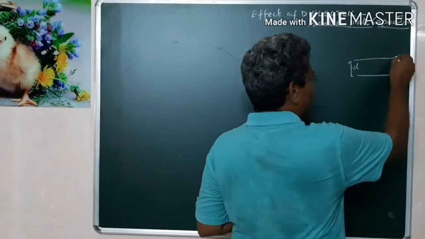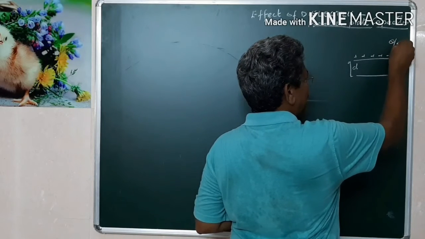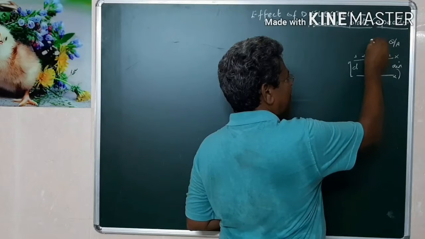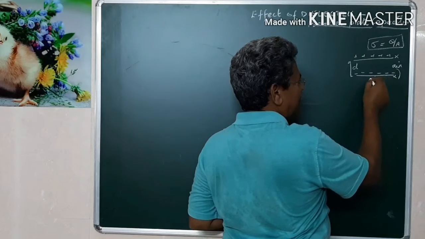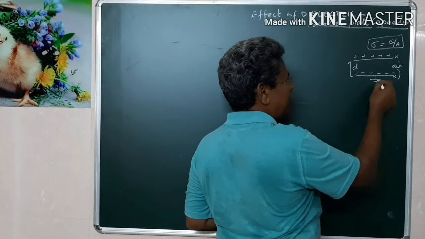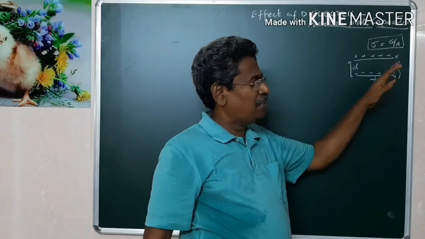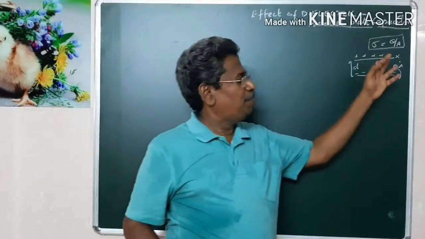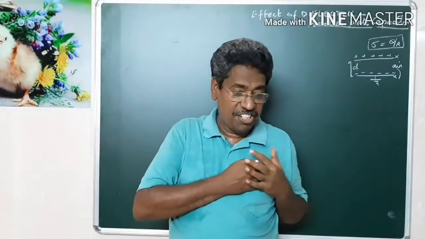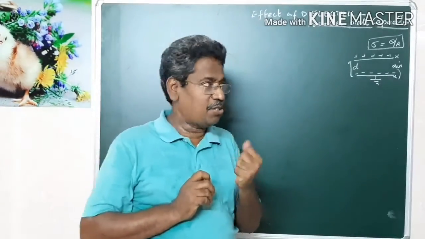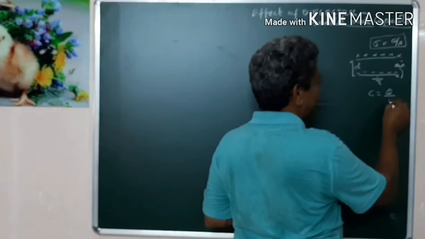Let X, Y be the two plates having the charge. In the upper plate I have given the charge plus Q. The charge will be uniformly distributed over the area, which we can call the charge density. Naturally, opposite charges will be induced on the upper surface of the lower plate, whose other end is connected to the earth. All the purpose of this arrangement is that whatever charge is given to the plate should not undergo leakage. Anything which is given a charge and retains the charge is called a capacitor, and the ability is called capacitance. Generally, the expression for capacitance C is equal to Q by V.